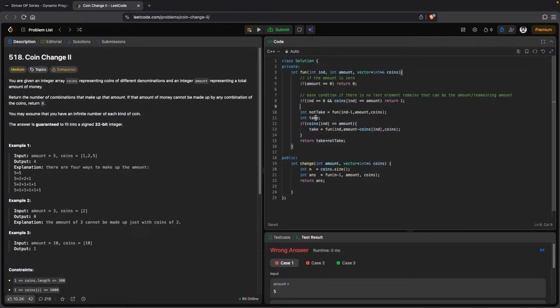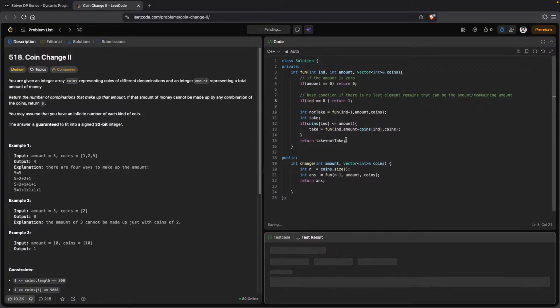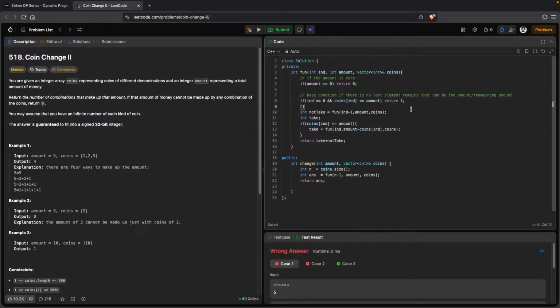Should I return 0 or anything else? Let's remove that first and check one more time. If coins